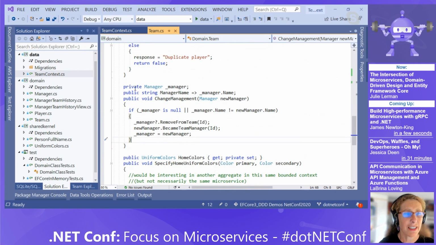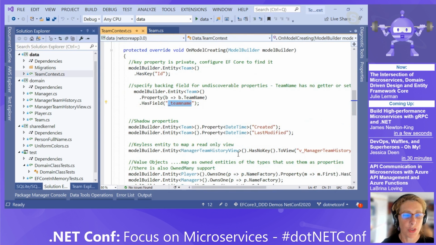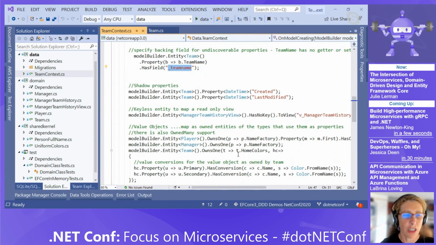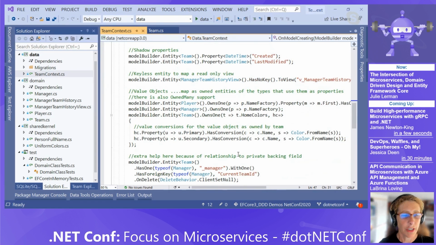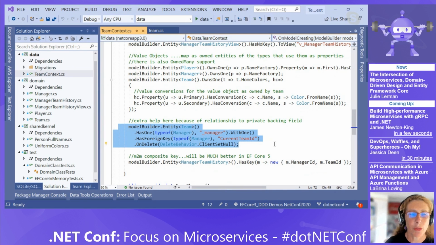There are a lot of scenarios in which Entity Framework would figure things out, but I have constrained this so much that I needed to give Entity Framework a little help here. So if I go back to the context, where is it? Down here, I have a configuration to make sure that Entity Framework understands that field, right?